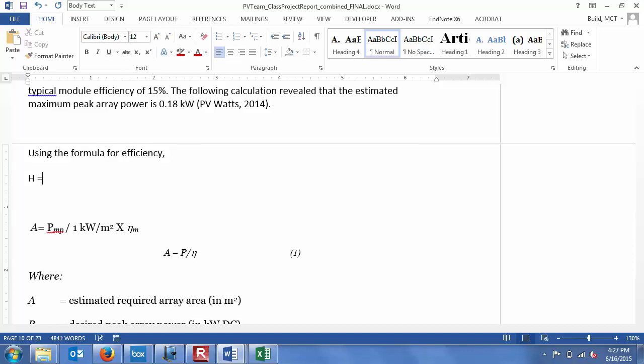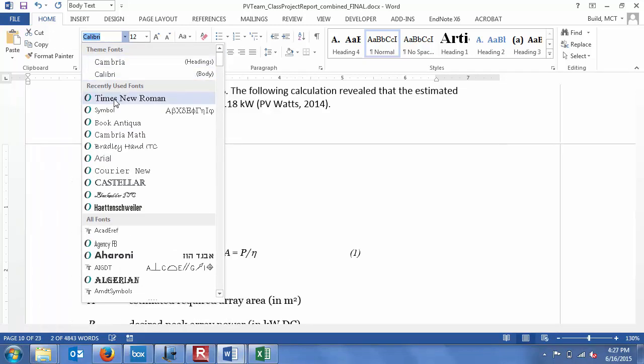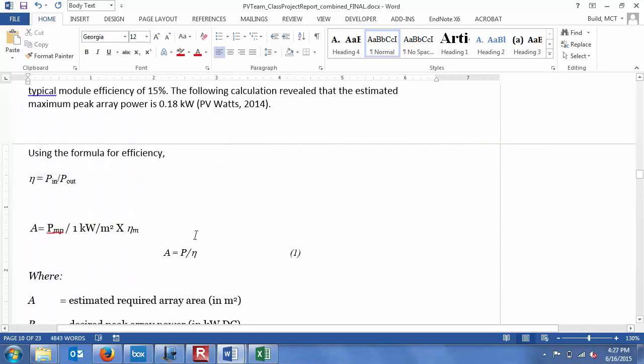Eta equals P in over P out. And then I'm going to put this as a subscript. I'm going to put this as a subscript. I'm going to take this and actually make it lowercase. I'm going to turn it into a symbol. I'm going to italicize it. I'm going to italicize all of these guys. And in fact, in general, you're going to want to have your equations as,